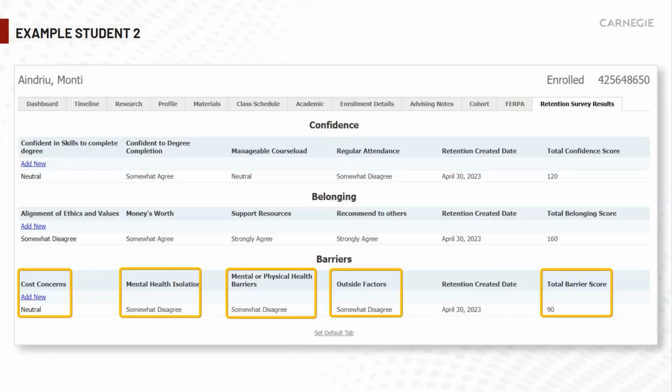The other thing that I want to mention here is that each of these students have filled out this form once. The purpose of having this information on an entity is that we want to see these form responses from the time that they are a freshman until the time that they are a senior to see how these form responses change over time. So for Monty, maybe their barrier score will go lower, maybe it'll go higher as different things change. If they have different roommates, if they have different courses that they're taking, we would expect these total